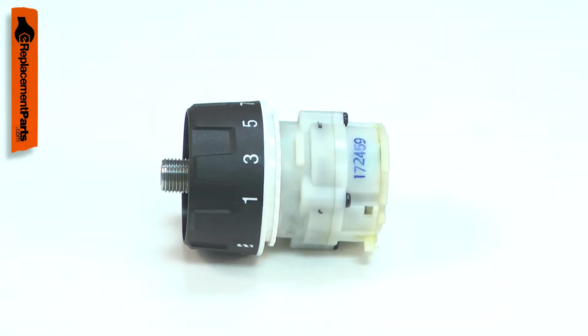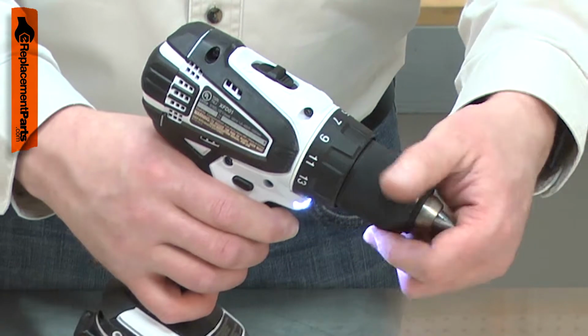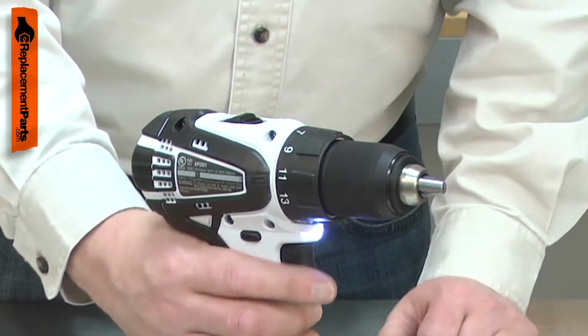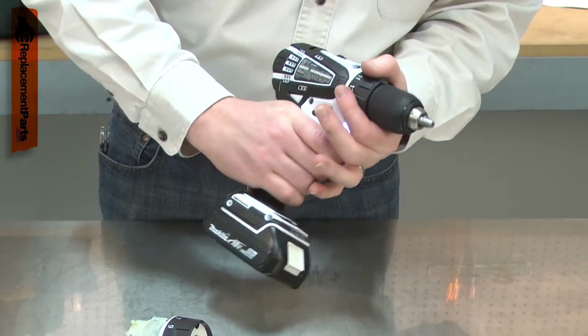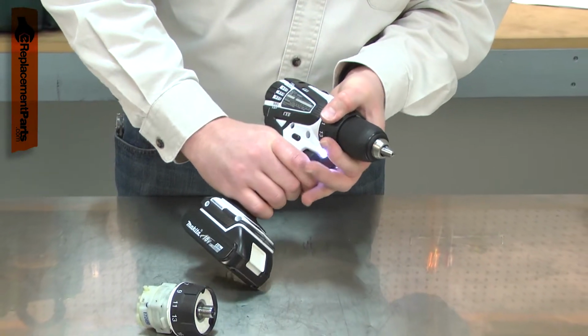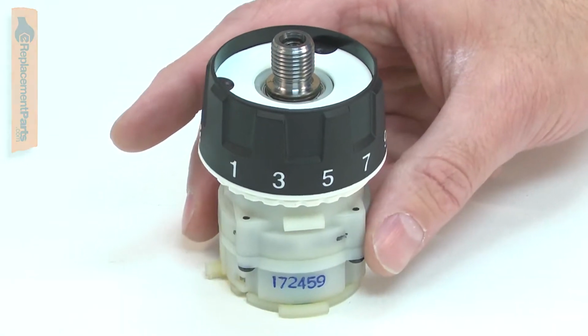Over time, the transmission will wear and eventually fail. Often a failed transmission won't drive at all in one torque setting, but will still work on the other. A failed clutch might not slip at all, slip constantly, or slip at a lower amount of torque than it should. Replacing the transmission and clutch assembly is a repair that you can do yourself, and I'm going to show